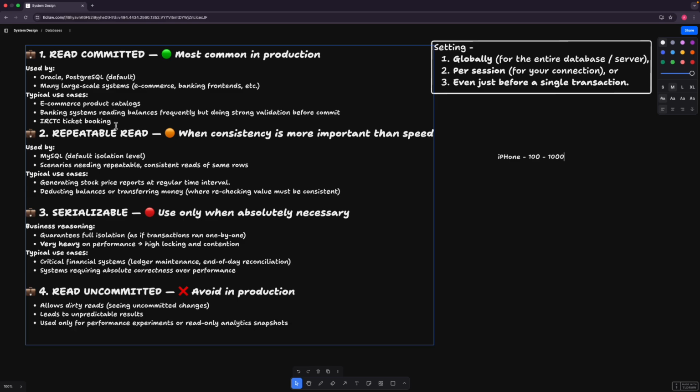Okay, next, coming to repeatable read. As we saw, it is the default isolation level for databases like MySQL. A typical use case is, for example, generating stock price reports at regular intervals of time. Let's say the market opens at 9:30 and closes at 3:30. In that case, let's say we have created a system that is going to create a report at 9:30,